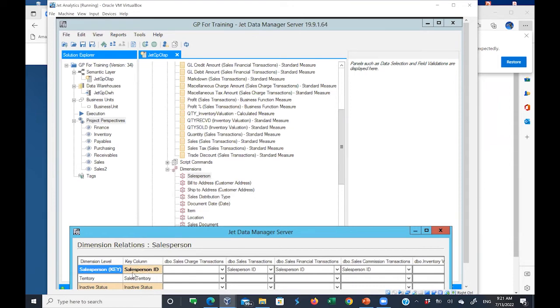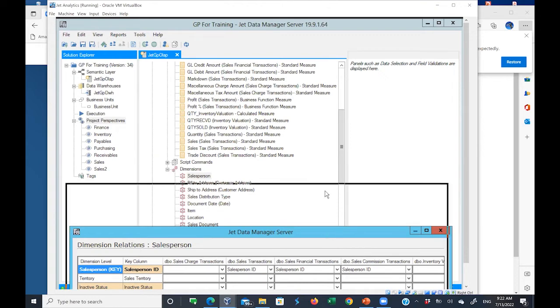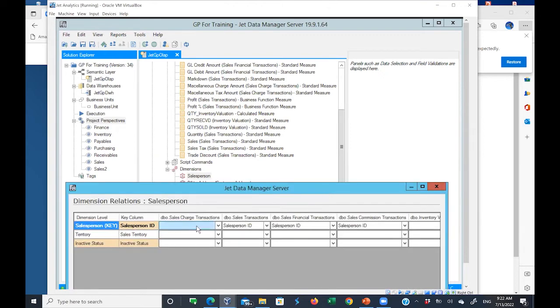Because the salesperson ID is known as the key column, it is the salesperson ID that I'm using to join or relate to the sales transactions, the sales financial transactions, or the sales commissions transactions table. And I'm able to create that relationship between the salesperson dimension and these other fact tables